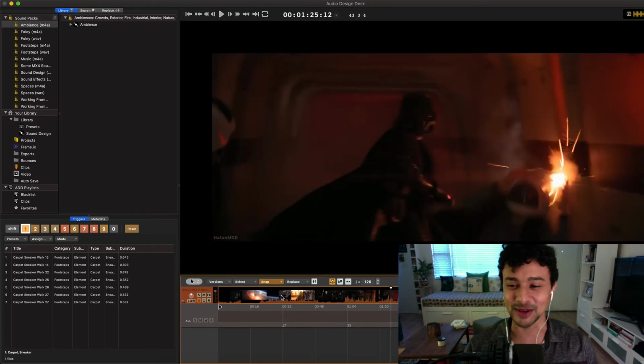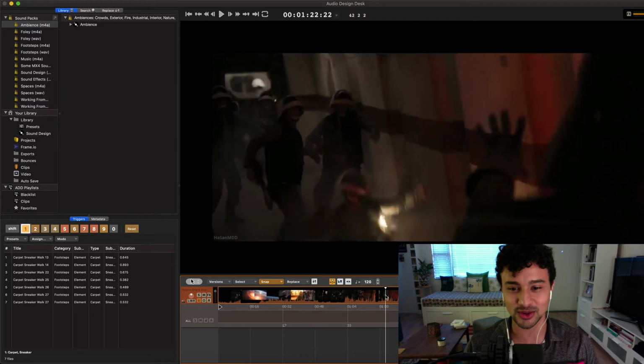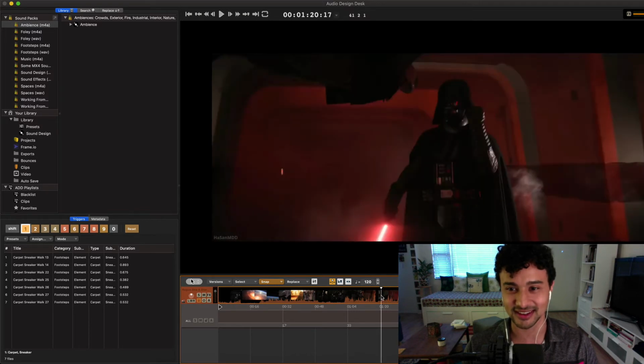Ah, that is one of my favorite parts of this scene. We hear the guns being pulled out of their hands. There's this metal sound and then they slam against the ground and skitter away. So much going on just right there. Let's hear that again.